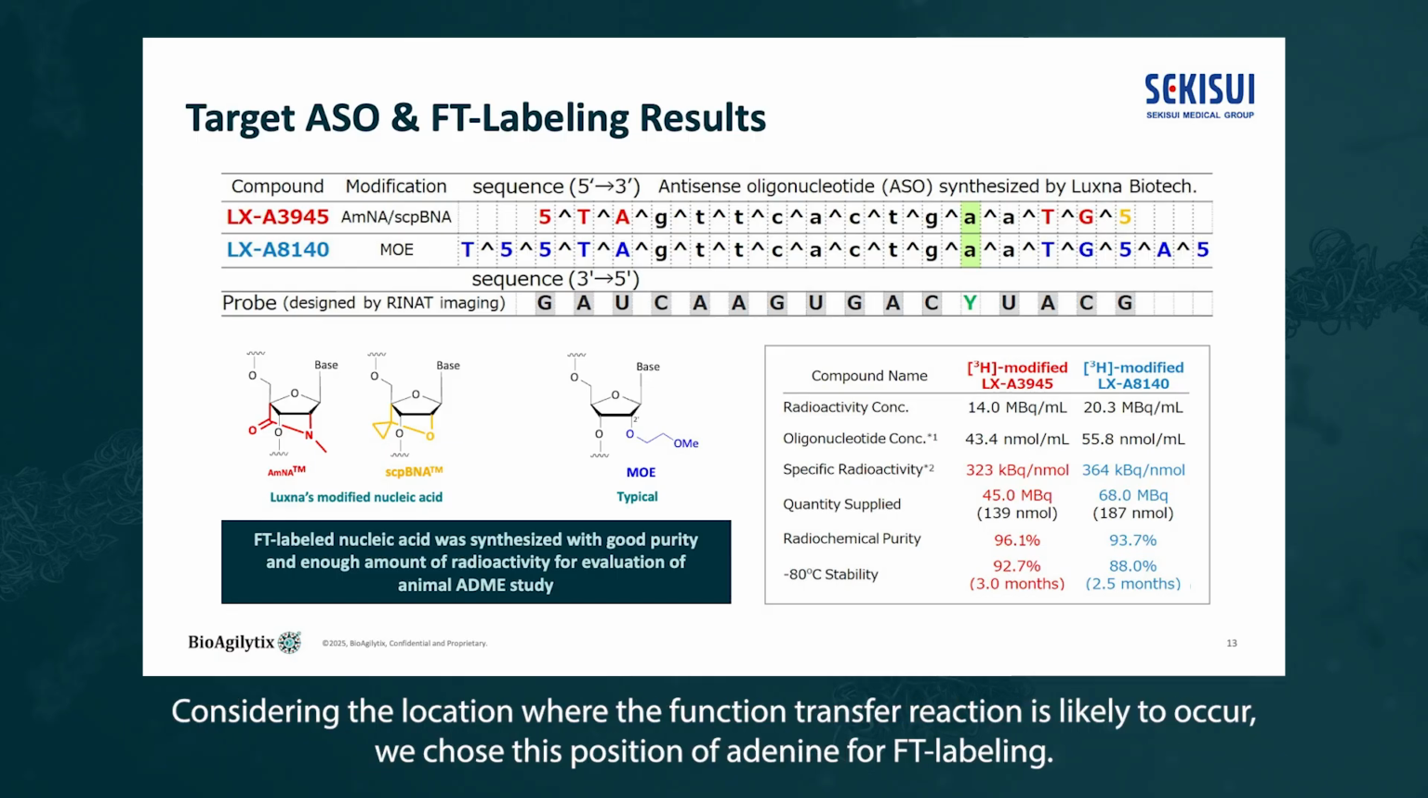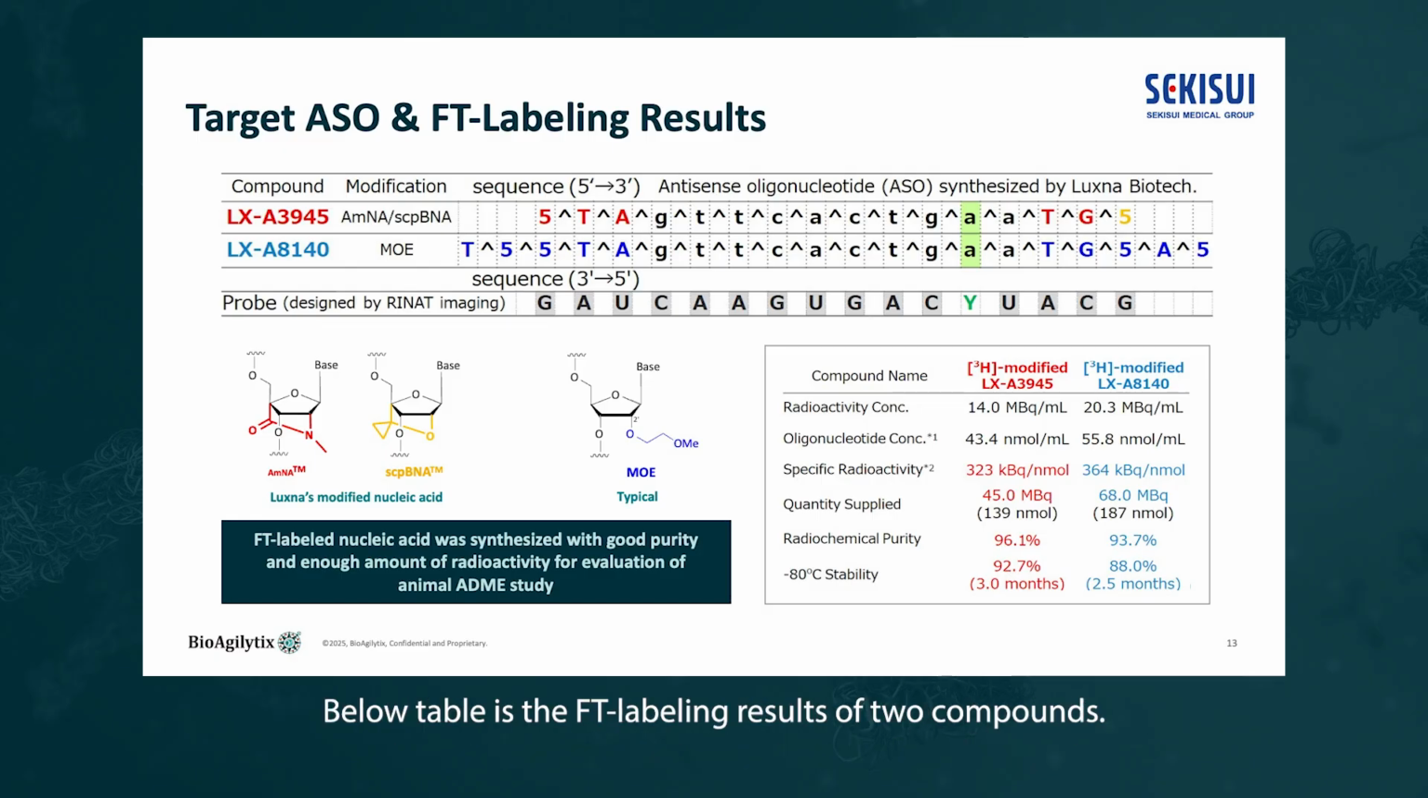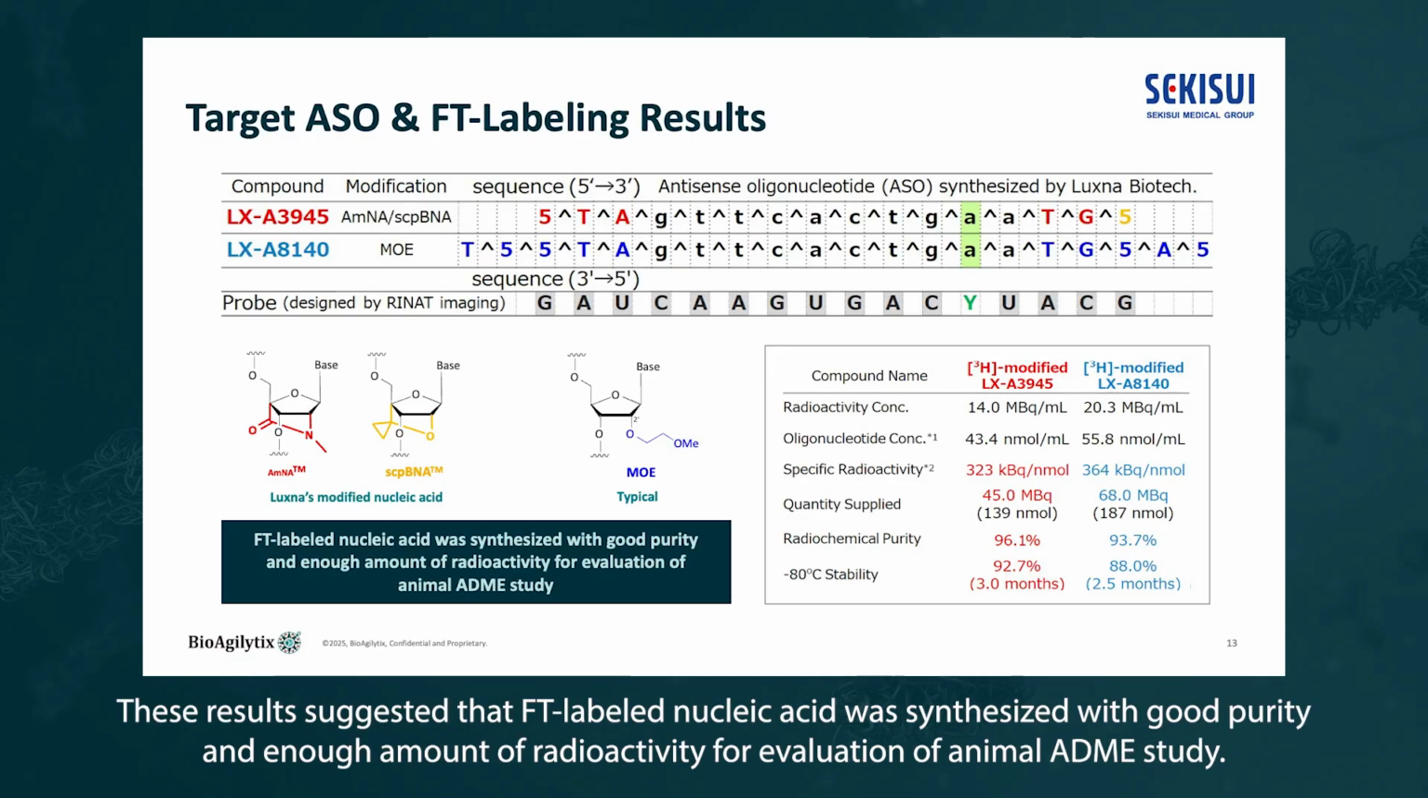Considering the location where the functional transfer reaction is likely to occur, we chose this position of adenine for FT labeling. The table below is the FT labeling result of the two compounds. These results suggested that FT labeled nucleic acid was synthesized with good purity and enough radioactivity for evaluation